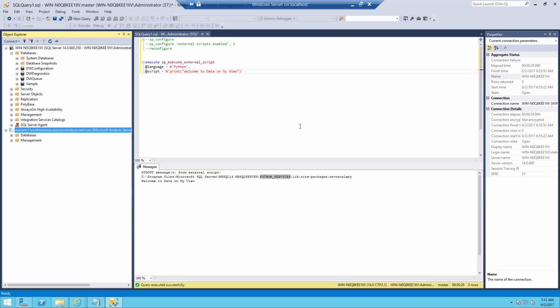Alright, we are able to connect successfully. We don't have any databases.